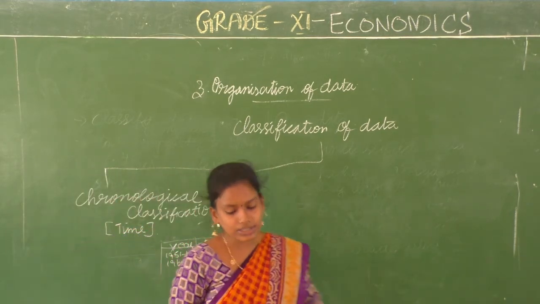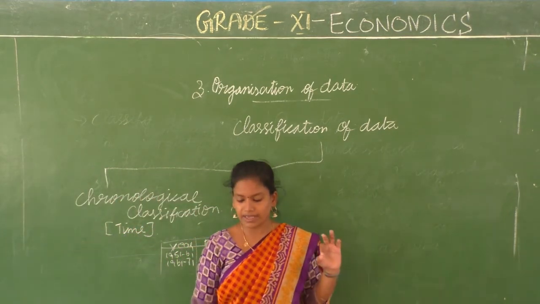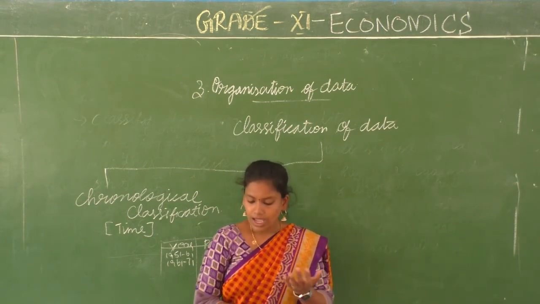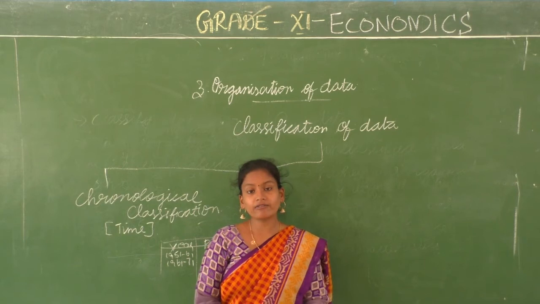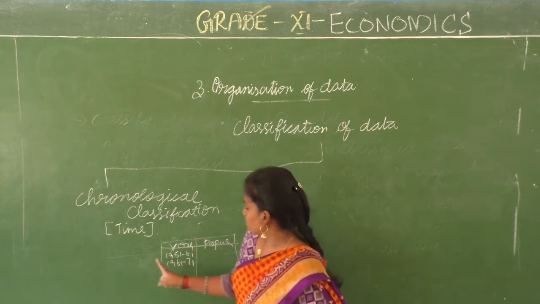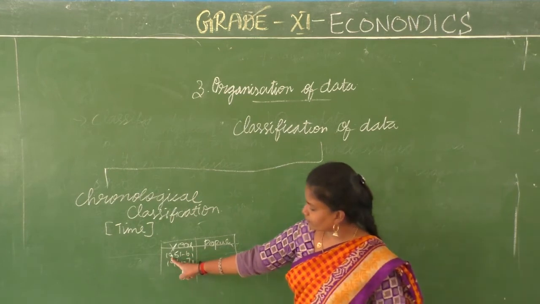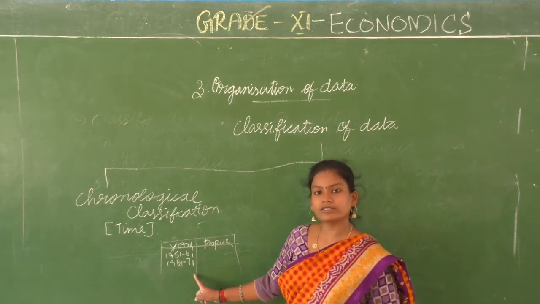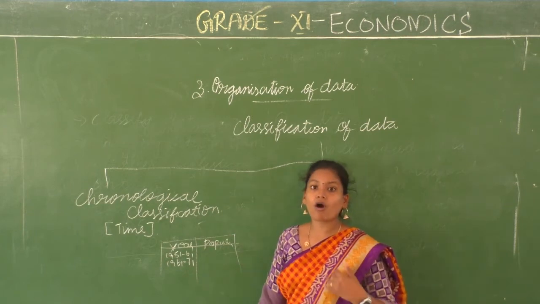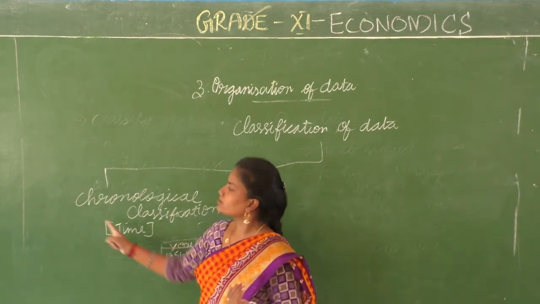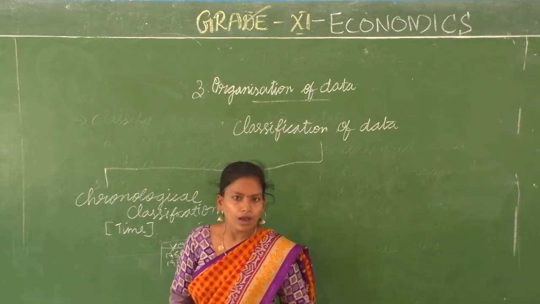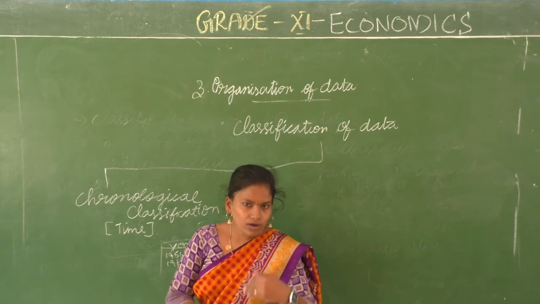Chronological classification means it is done basically based on time. In such a classification, data will be classified in ascending or descending order. If you see here, there is an order. After 51, 61, you have gone to 61, 71. Then 71, 81. So it will be either in ascending order or descending order. But in the previous example of raw data, everything was mixed up. We did not have a proper classification.